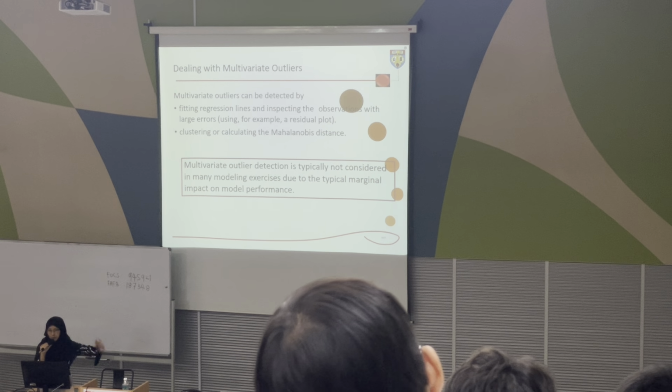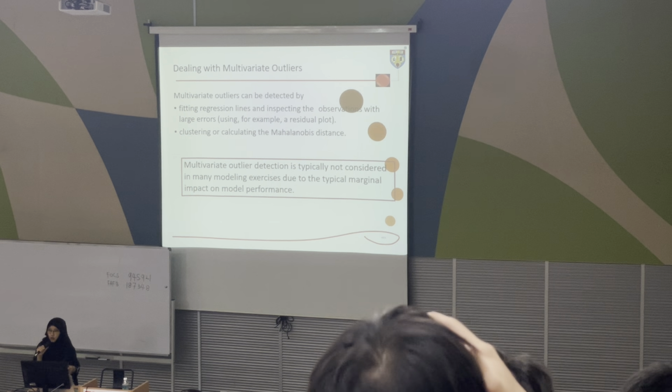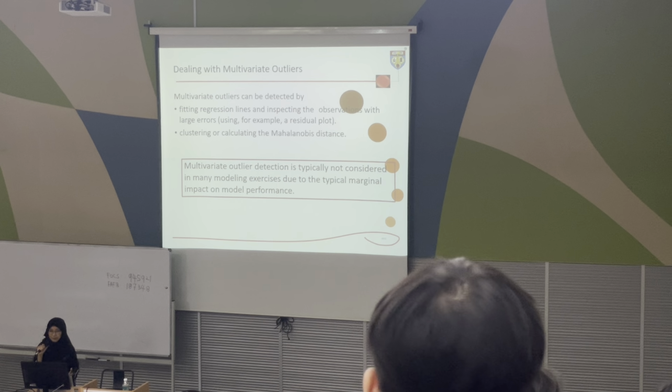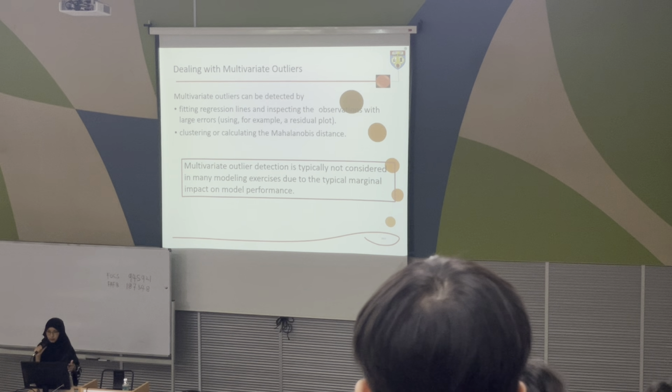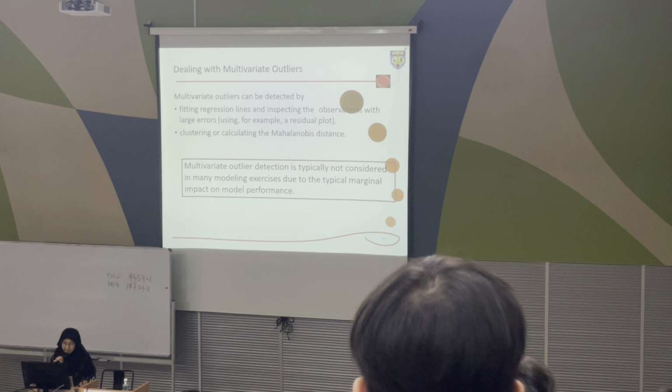Maybe you use z-score also. Or for another feature like the salary column, you can also use z-score, which means you use the method to identify outliers one by one, or you can use other methods called